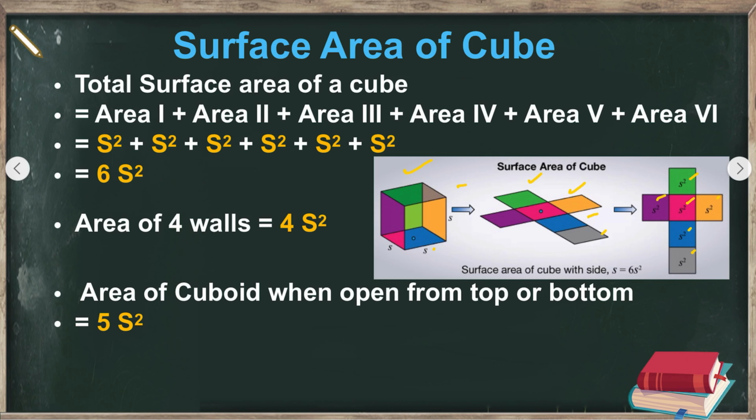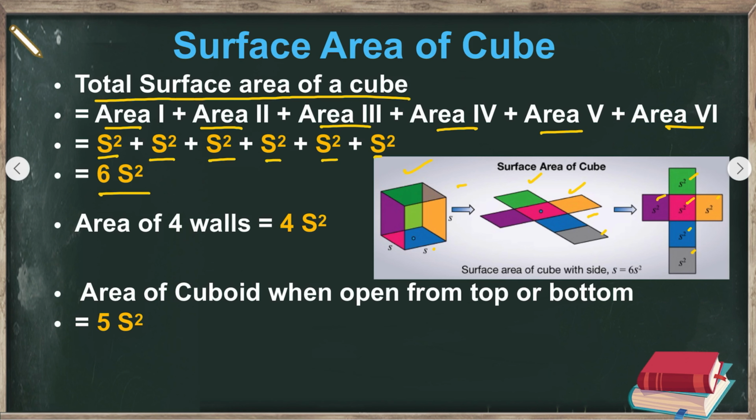Okay, again the total surface area of cube will be given by the area of face 1 plus area of face 2 plus area of face 3 plus area of face 4 plus area of face 5 plus area of face 6. Okay, and since each face is made up of a square, and we know the area of square is a side into side, that is side square. So we got the area of face 1 as side square plus side square plus side square plus side square or side square. After adding all this, we get the area as 6 times side square. Okay, that is 6s square. That is the total surface area of a cube.